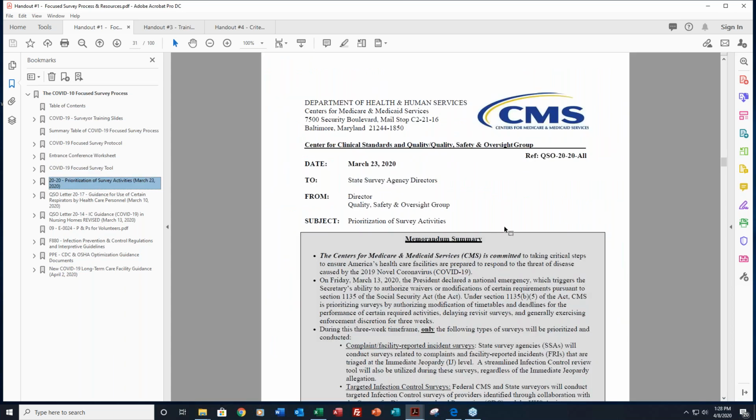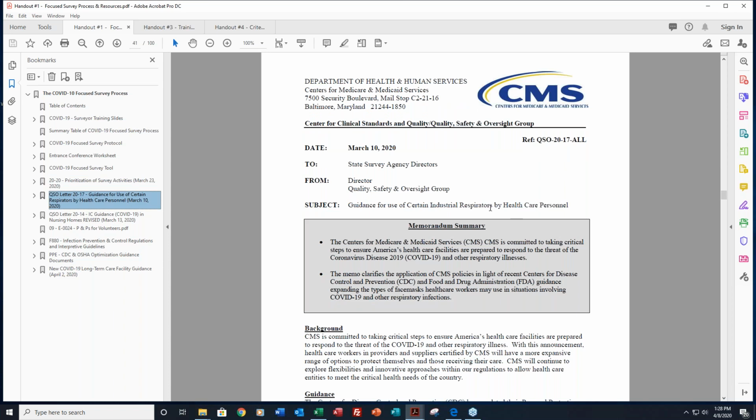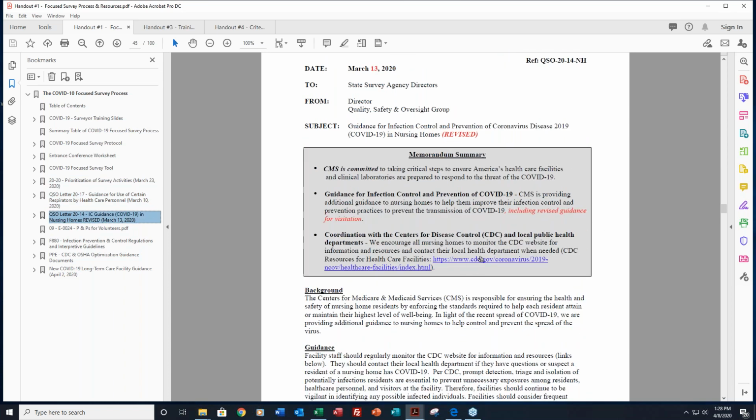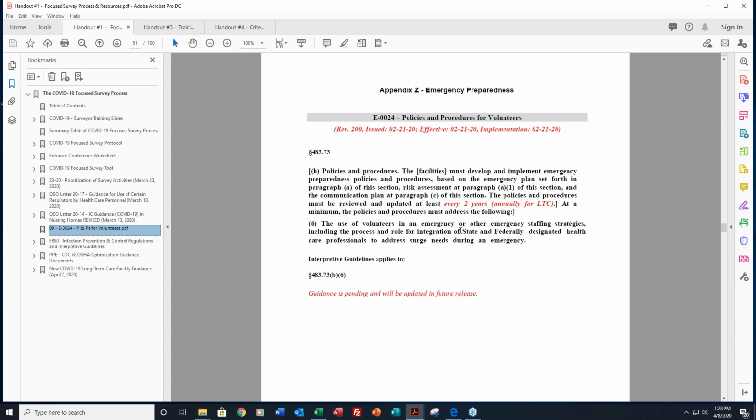We also have 3 of the latest QSO letters that deal with COVID-19 and infection control survey. 2020, 2017, which deals with the respirators, and 2014, which provides more information about revised guidance, especially to visitors. So all of that is in one document. It also talked about